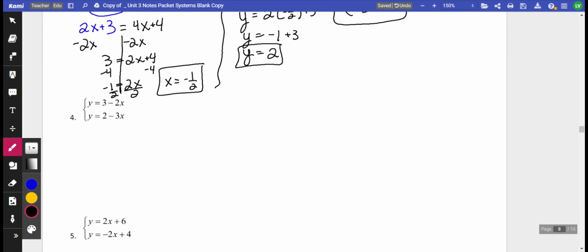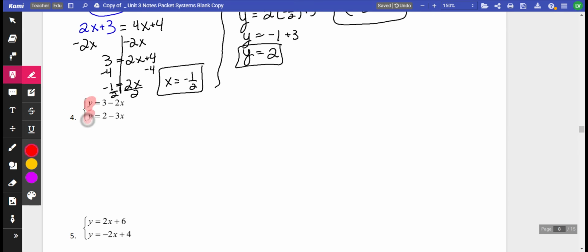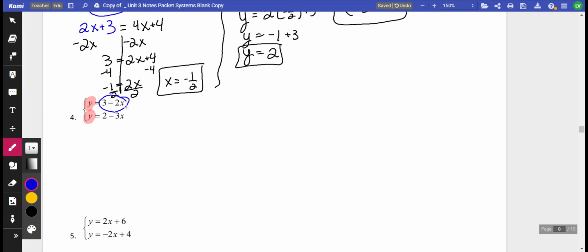Problem number 4. Y equals 3 minus 2x. Y equals 2 minus 3x. If you notice, step number 1, we need to isolate one of the variables, which the y's in both of them are isolated. So I'm going to take the y from the first equation and substitute it into the second equation. 3 minus 2x